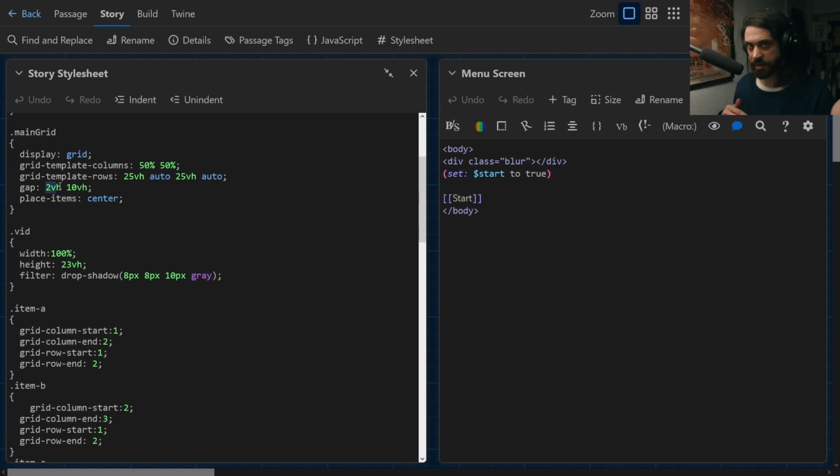And that's the way that gap works. It goes vertical and horizontal. And I've also said that all items should be placed in my grid in the center. And what does that mean? Well, if we go ahead and look back at the game one more time, now that we understand it just a little bit more, well,